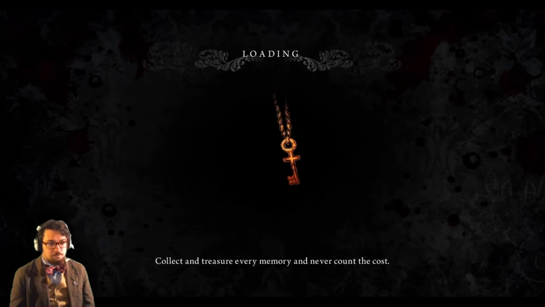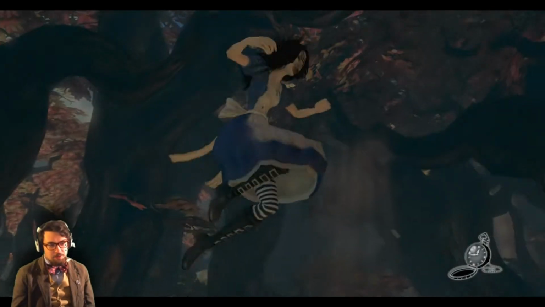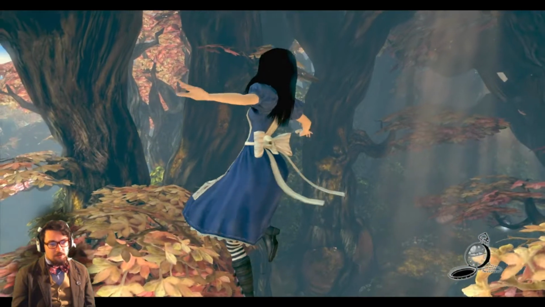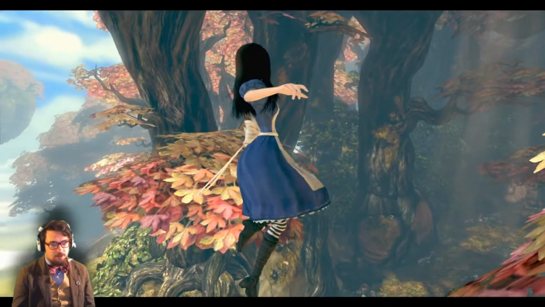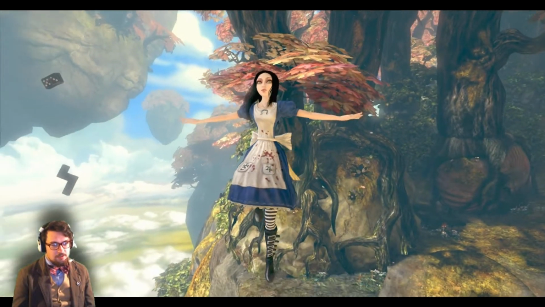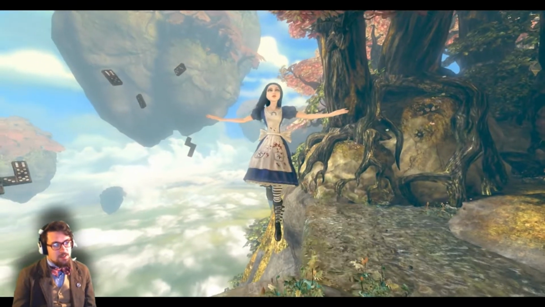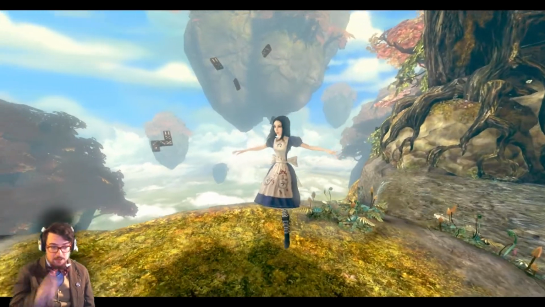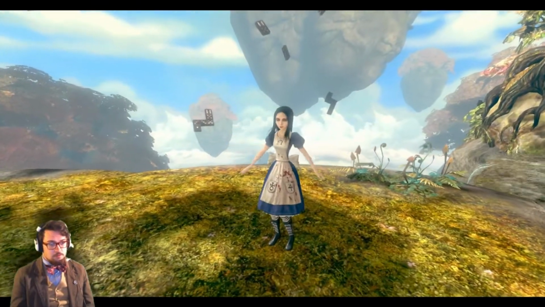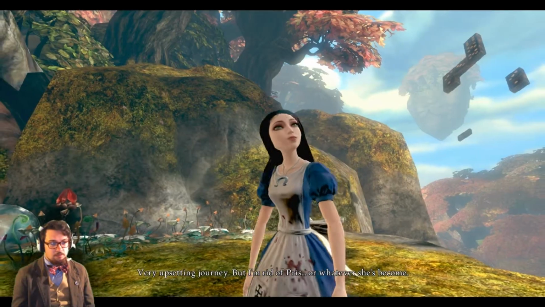So yeah, here's where the game really starts, I think. Once you get into Wonderland and get into some PS2 style third-person platforming, that's where we really get into it. And her dress is awesome. The sort of dark version of the standard dress. Pretty sweet. And I like the domino Tetris pieces in the background. Yeah, so Wonderland is a perfect example of...